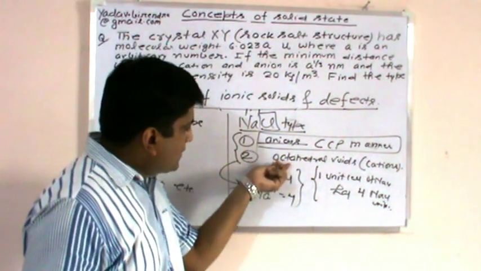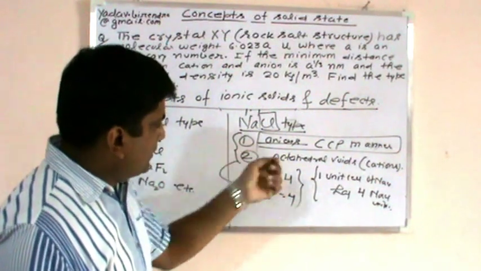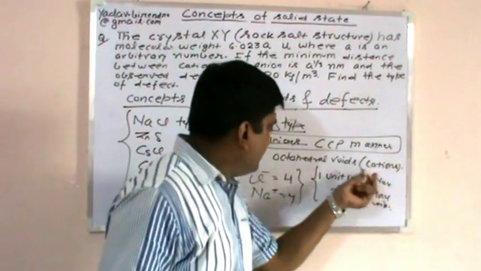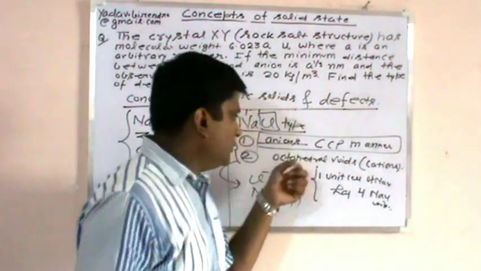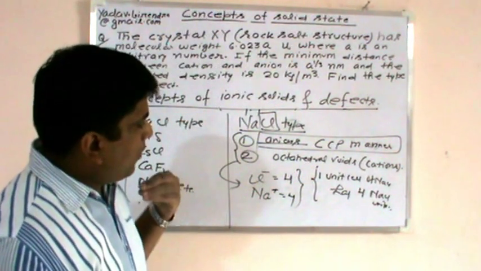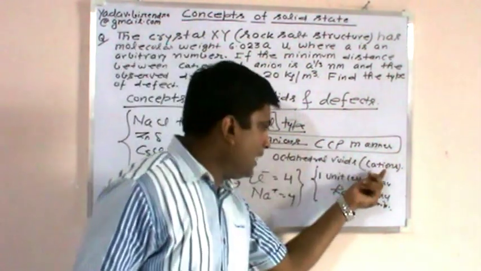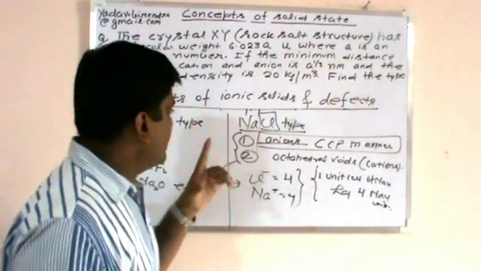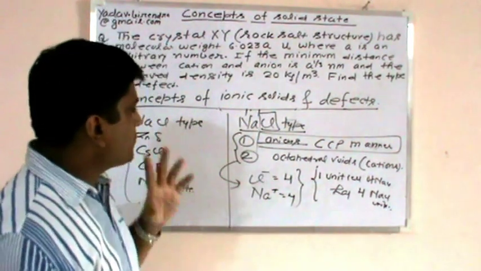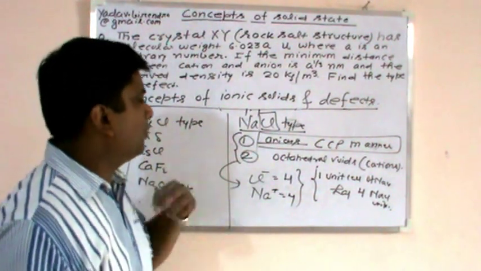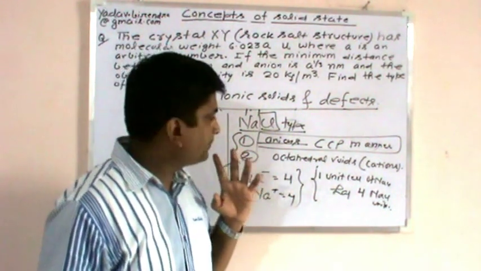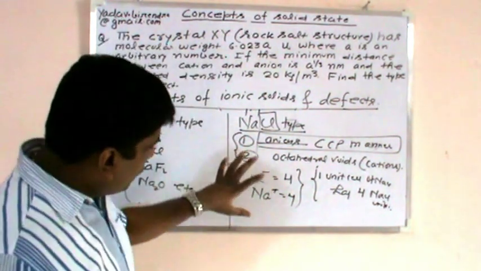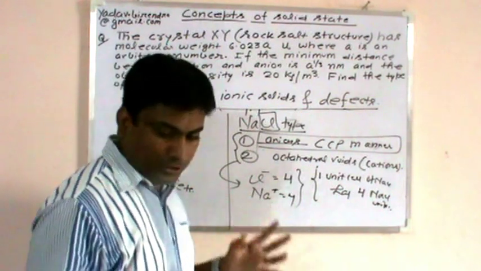Now, by looking at the second feature, since it says cations are there inside the octahedral void, the coordination number of cation is 6. And since the ratio is 1:1, the coordination number of anion will also be 6. Now if we draw the NaCl structure,